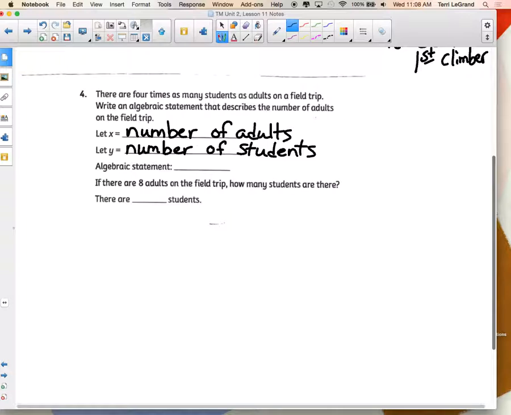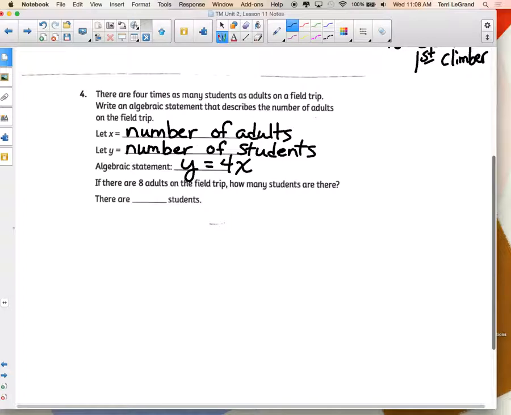Cheyenne thinks she has one for us. What do you think it is, Cheyenne? Y equals 4 times X. Okay. Let's see if that works, okay? So if that one works, then on this one, we'll see if it makes sense to this problem. It says, if there are 8 adults on the field trip, how many